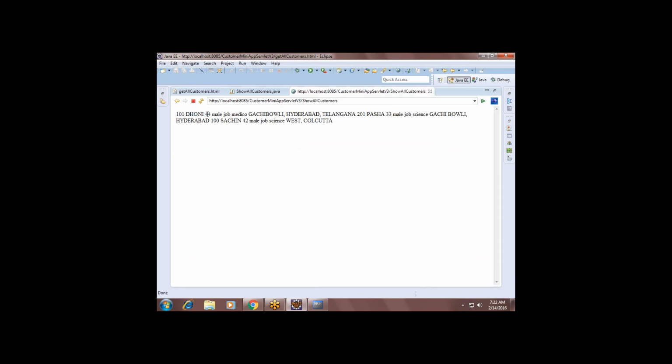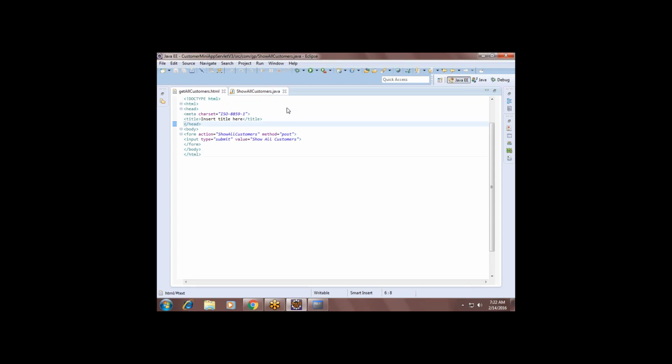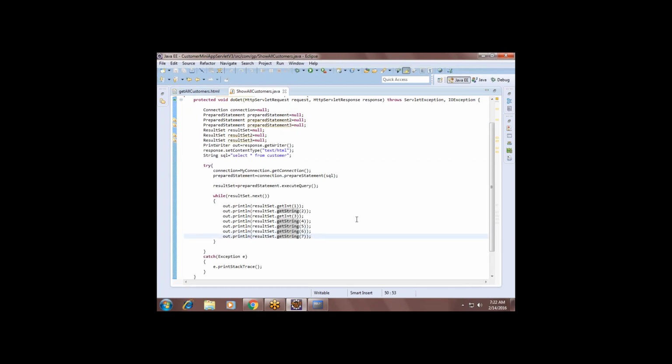See guys, 101 Dhoni, male, Gachibowli, Hyderabad, Telangana, 201 Pasha, Gachibowli, Hyderabad, and 100 Sachin, male. So if you want each and every row printed on a separate line, then here you do one thing: out.println with the break tag.